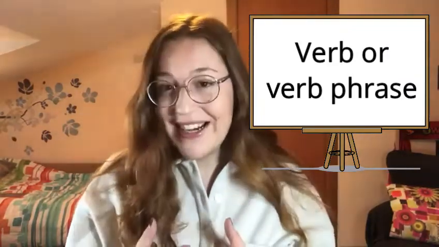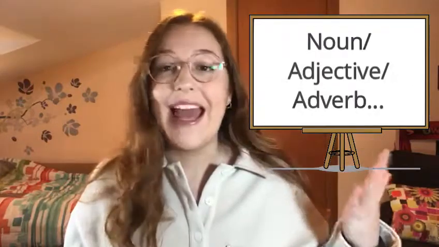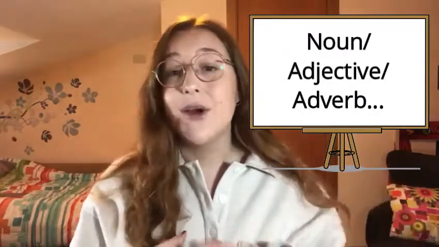verb plus an object. Now the verb can be a normal verb or it can be a verb phrase, and the object can be anything that goes after the verb. So for example, in Spanish this would be the complemento directo. So an example of this would be the table is blue. The table is the subject, is the verb, and blue is the object.